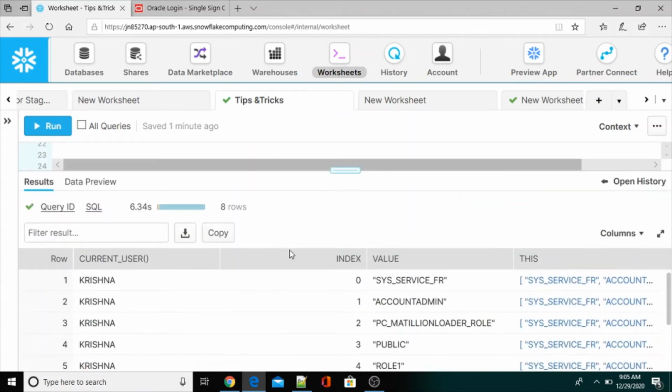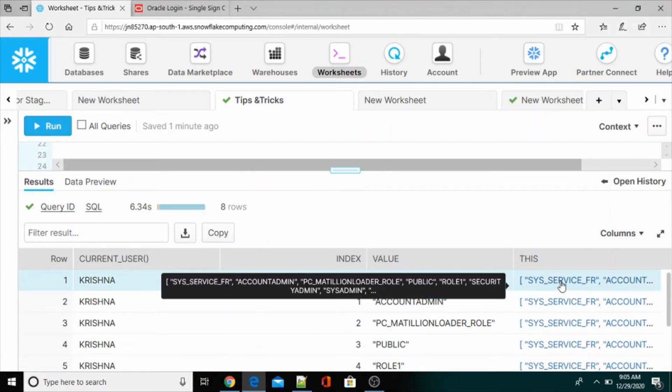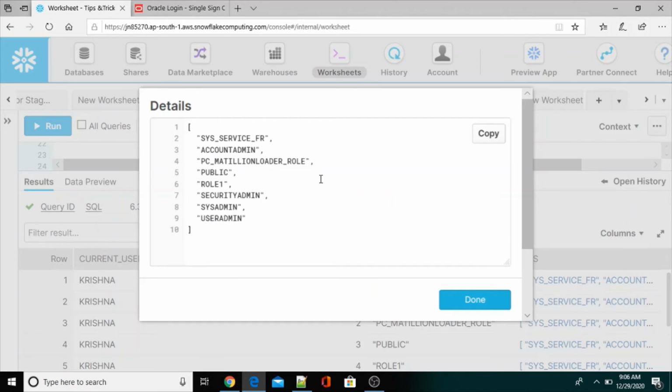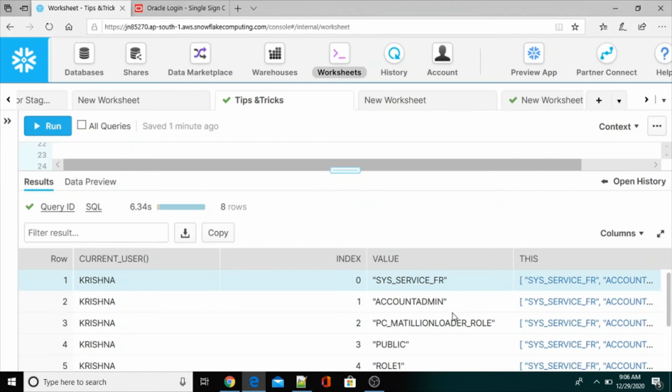If you see here, now each role has been written in a separate row. Like for the current user, index 0 has the value in row 1, SYS_SERVICE_FR internally, and again we have all the roles from the same column which have been granted to the current user.